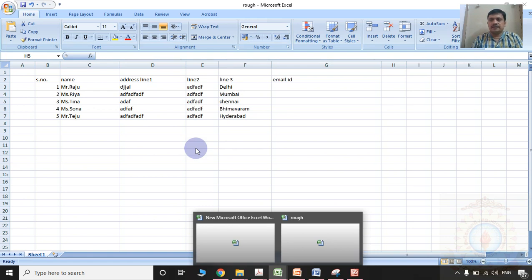But here I showed simply how to save as a PDF document. Whenever I am saving the total document in PDF form, the individual documents will be merged together. Then I have shown how to extract, means how to split into sub pages. Then each individual sub page will correspond to the individual serial numbers, whatever you assigned in the Excel sheet.